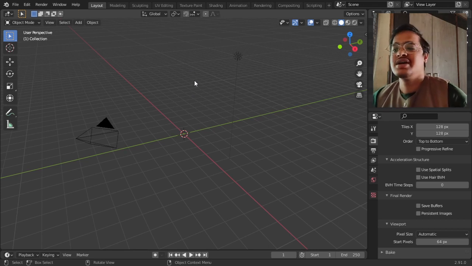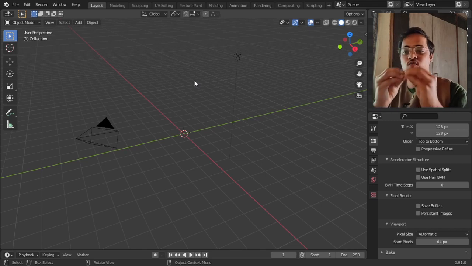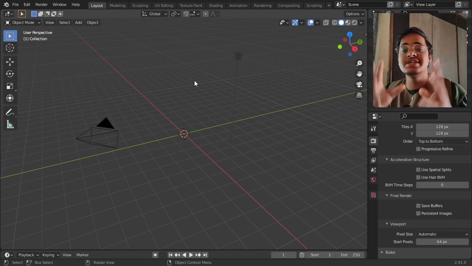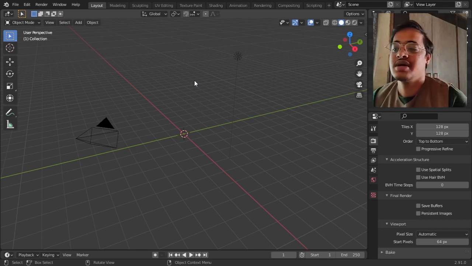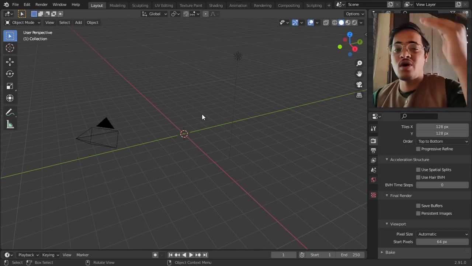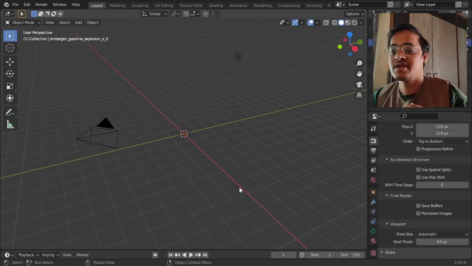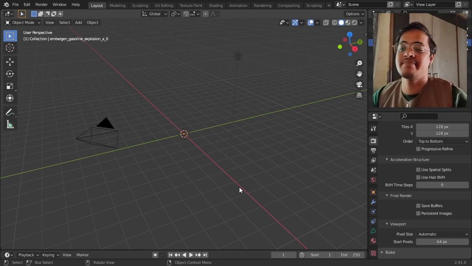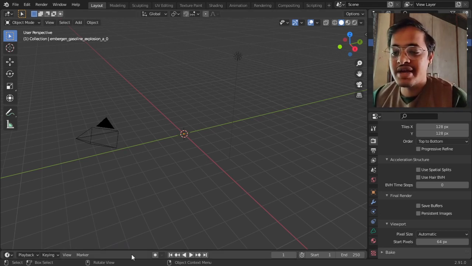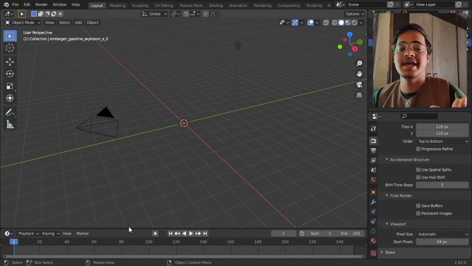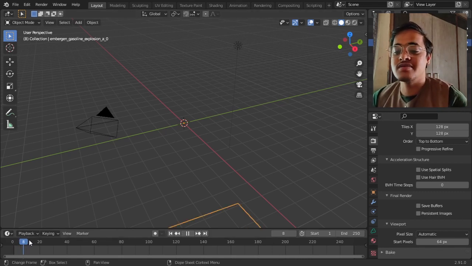These are actually sequence like 1 2 3 4 5 6 7 8 9 10. The explosion is in the form of a sequence format. Let me select one file, then tap A on the keyboard to select all the files, and then click on import OpenVDB volume. At first it seems like nothing has happened, but if I drag this up, because we are having an image sequence, so at one we won't be able to find anything, but as we go forward